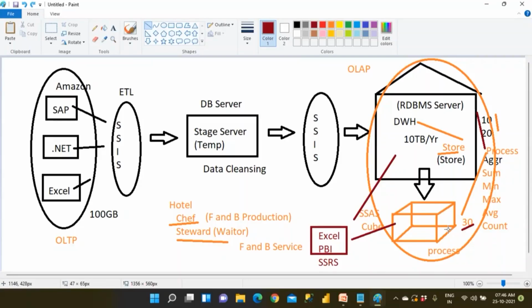What is the total sales of the last 5 years? So you have the raw data here, 10 and 20. You get the data, and before showing the totals, you need to aggregate it. So the burden is on the reporting side. If you do it at the data warehousing level, the processing has to be done at the data warehousing level. So the burden is at the storing level, the data warehousing level.